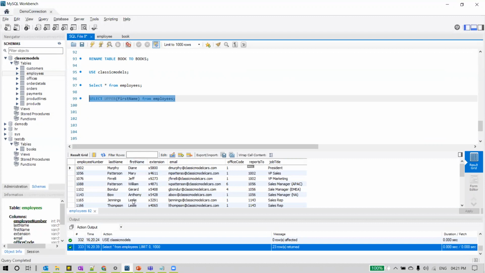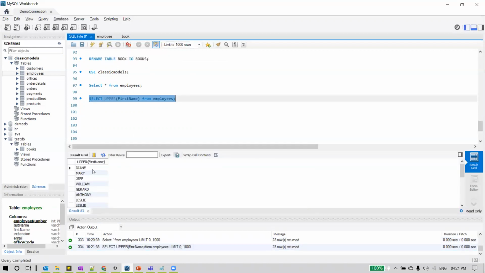The employees' first names are displayed here, and if you observe, only the first letter in the name is displayed in uppercase. But I wanted to view all the first names in this employee table in uppercase letters. So in that case, we can use this function upper. Now let me execute this. Now you can see it here. All the first names of the employees, we can view in uppercase. Clearly we can see it here.